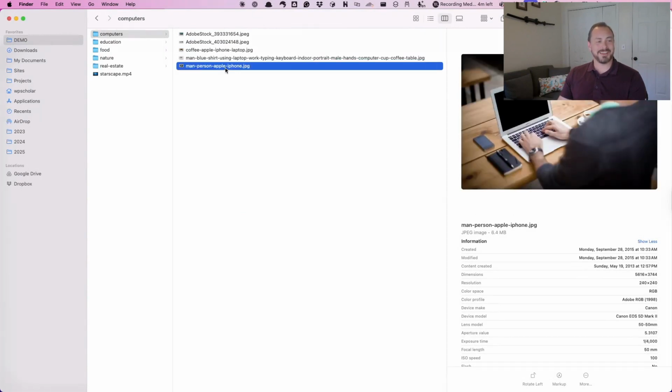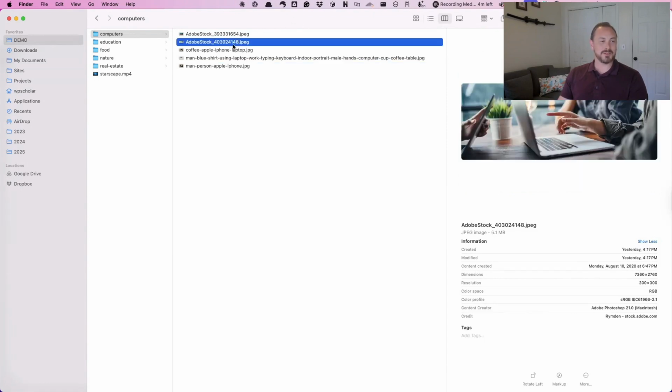Something short like man, person, Apple, iPhone, a little more reasonable than man, blue shirt, using laptop, work, typing, keyboard, internal portrait, male, hands, computer, cup, coffee table. And you also don't want to name things Adobe stock, some odd random number, right? So give them a good name, and maybe hard to see for some people, but we do have, if you're